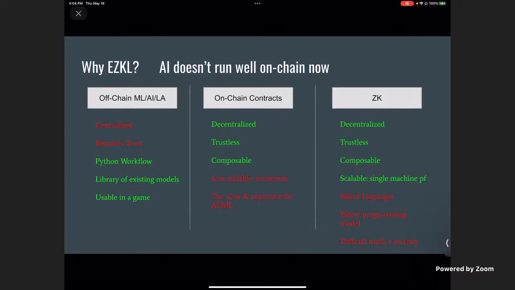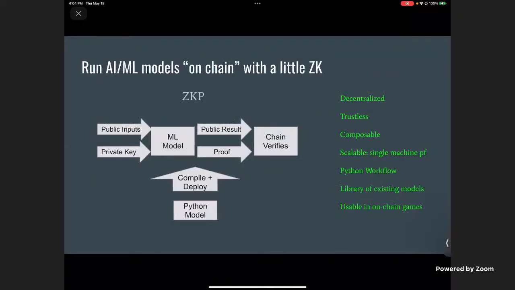ZK brings to trustlessness, decentralization, and composability some scalability, because now instead of having all the consensus nodes do the same computation, a single machine can do the proof, a single client or a single server, and then everyone else can trust it. But of course, we pay a cost in terms of math and security properties, a weird programming model, and possibly weird languages. But what we've done with EZKL is